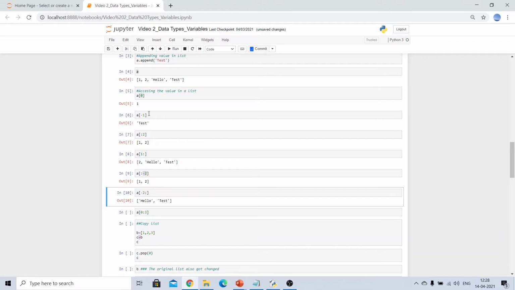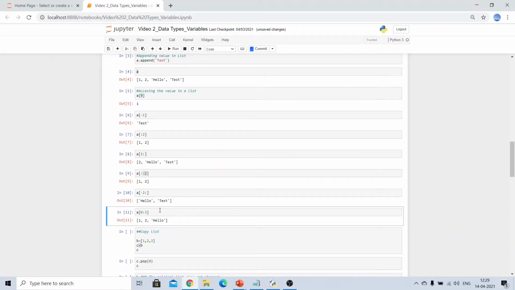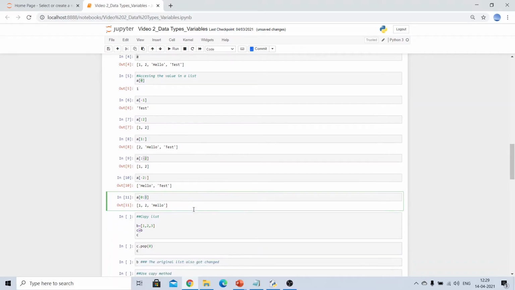Now all the values from my -2nd position onward will be printed if I use -2 followed by a colon. So I got hello and test here. The -2nd position is included in this case. Again, using slicing, we can make use of both a starting position and an ending position, wherein the starting position will be included and the ending position will not be included.